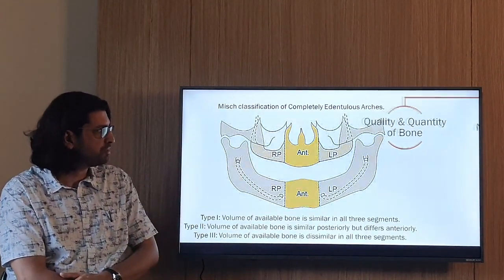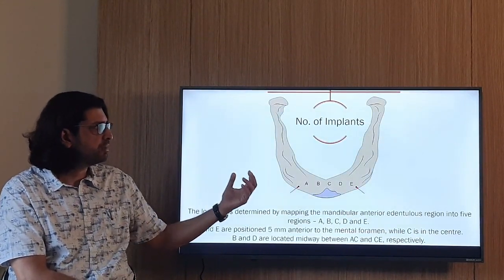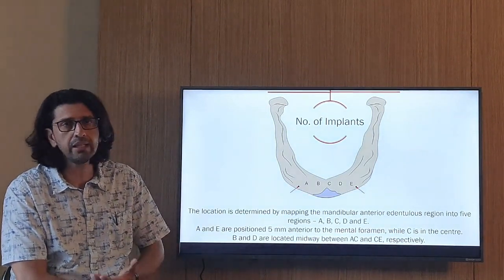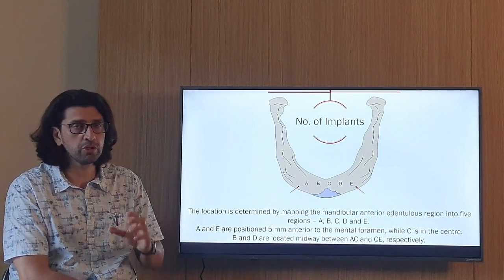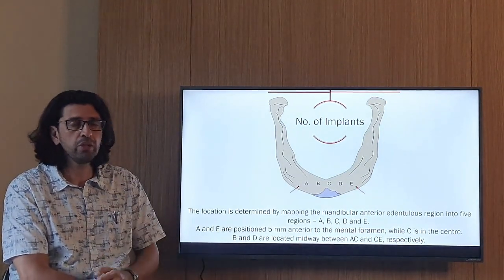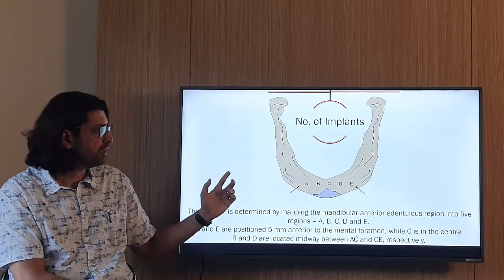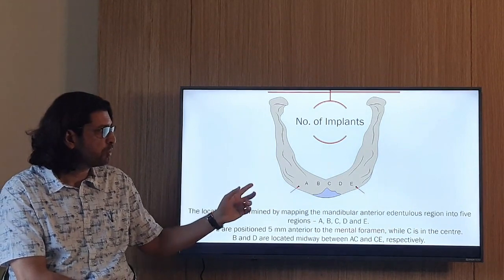This is how we want to classify that. The number of implants is going to be determined by mapping the mandible. The ideal treatment is really implant-supported overdentures for the mandibular arch because the mandibular bone is smaller. You could do it on the maxilla too. But here again, you're going to look at the mental foramen,